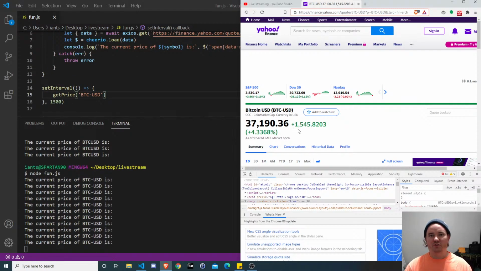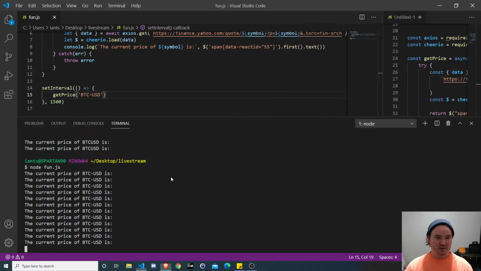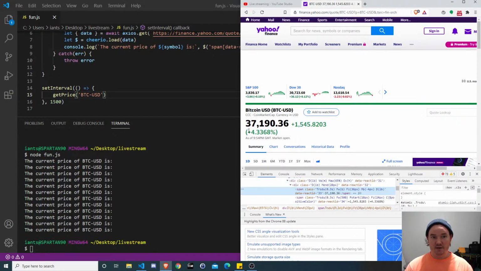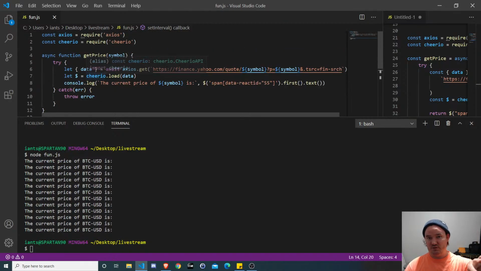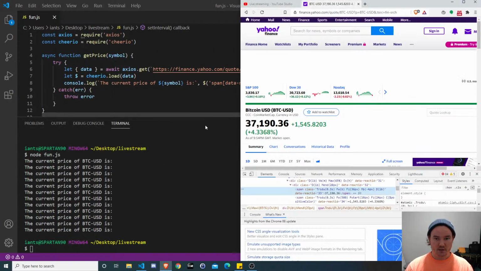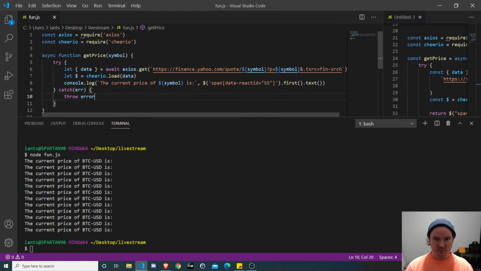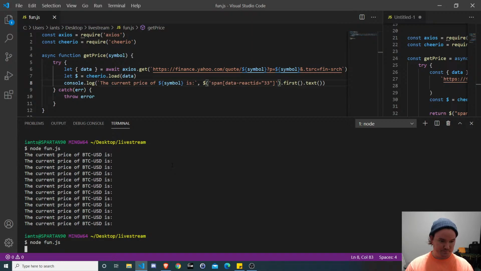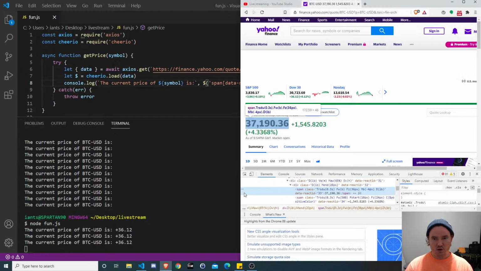Oh, there's no aftermarket, right? Because Bitcoin is 24/7, so we have to make an adjustment here. So mind you, what we did here, this is specifically for aftermarket. So if you wanted one for aftermarket, you'd have to make sure that you indicate that. So this React ID is 33. Super simple, right? We just go find this right here and change 55 to 33. Run it. There it is. So it says plus 3612.